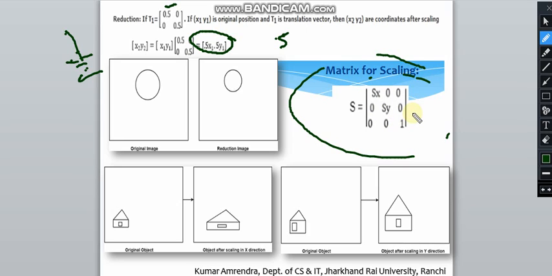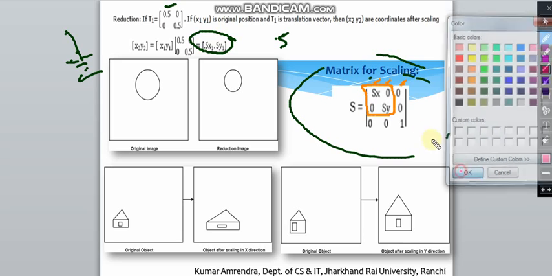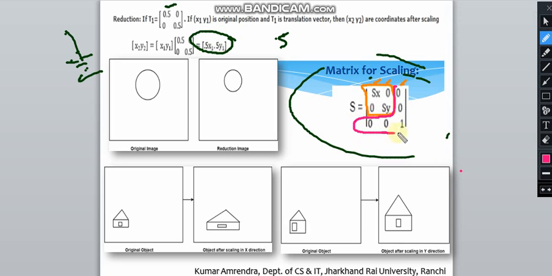Till now we are studying two-dimensional, and after seeing this matrix you must be wondering why there is this third row and column, this third dimension. This is not the third dimension, your matrix is only this much, but we have written it in the form of homogeneous coordinates. What homogeneous coordinates are, we will study in the upcoming topics. In a couple of lectures we will study why we use this.